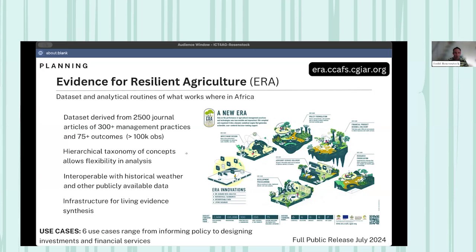All of them are classified into a sort of bespoke hierarchical taxonomy that allows us flexibility in how we analyze them. They've also all been matched both spatially, because all of the observations are georeferenced, as well as temporally. So we've assigned actual planting windows to crops and so forth. And that allows us to connect them to both historical weather information and other publicly available data,